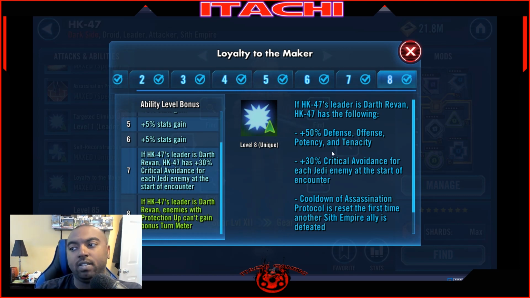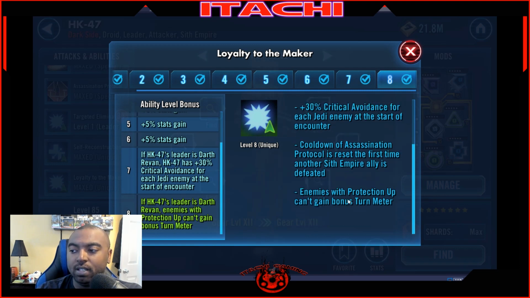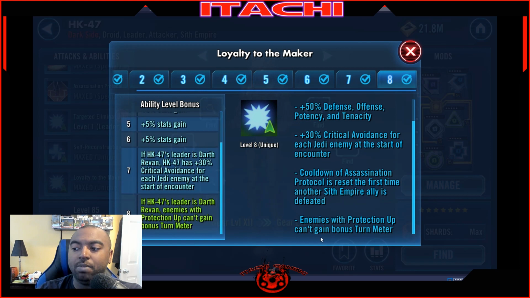Outside of that, the rest of the unique allows for if HK47's leader is Darth Revan, HK47 has the following: plus 50% defense, offense, potency, and tenacity, plus 30% critical avoidance for each Jedi enemy at the start of the encounter. So if there are 5, that means we're getting plus 150% critical avoidance. That's awesome. Cooldown of Assassination Protocol is reset the first time another Sith Empire ally is defeated. And then we get that enemies with protection up can't gain bonus turn meter, which kind of slows down that green monster